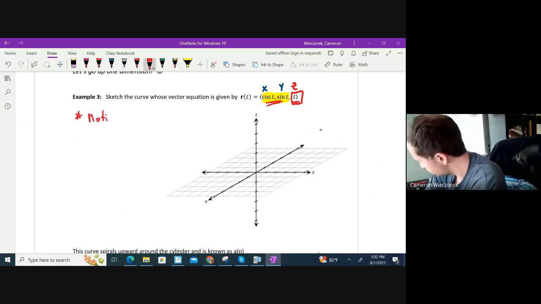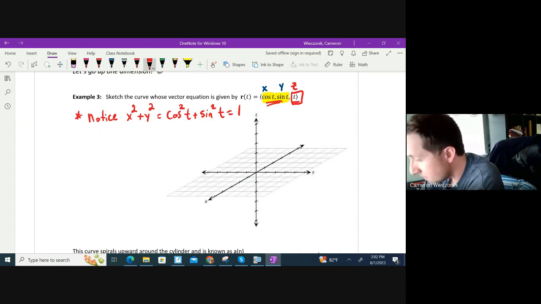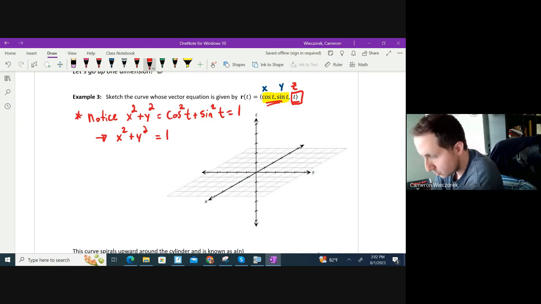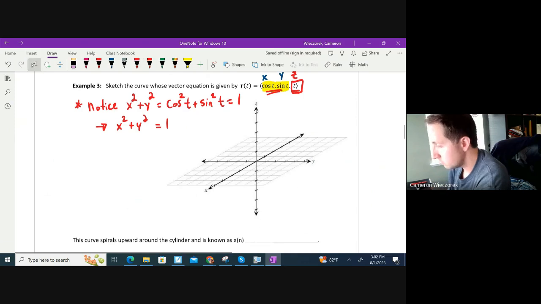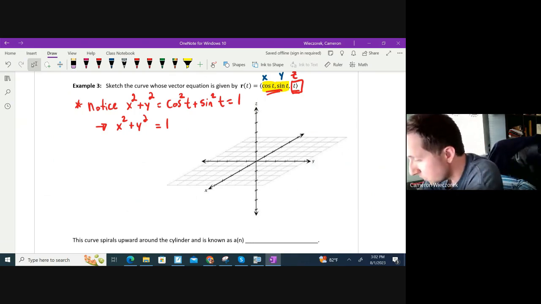Okay, notice that x squared plus y squared, which would give me cosine squared t plus sine squared t, that's a Pythagorean identity, that's equal to 1, right? So one thing I notice is that in the xy plane, I get x squared plus y squared is equal to 1. And that circle is going to essentially spiral up into the air as we increase the value of the parameter t. As z gets bigger, we're going to end up getting this spiral type shape. That circle is going to continue to grow and grow into the air. So this curve,